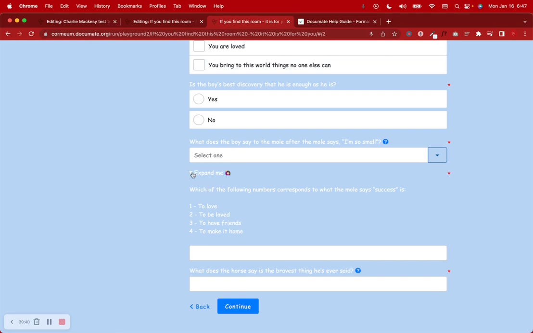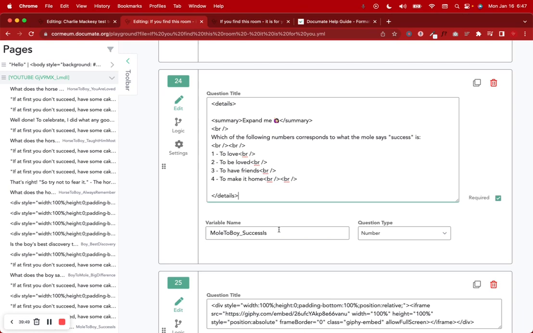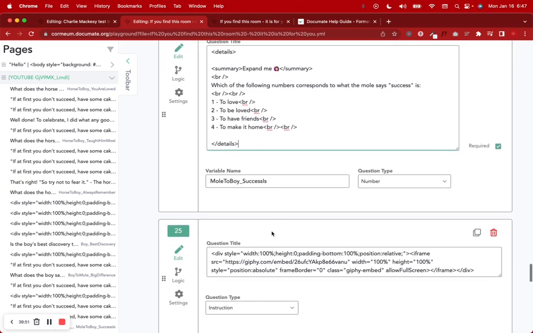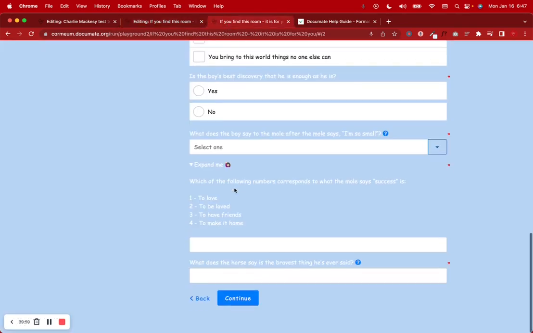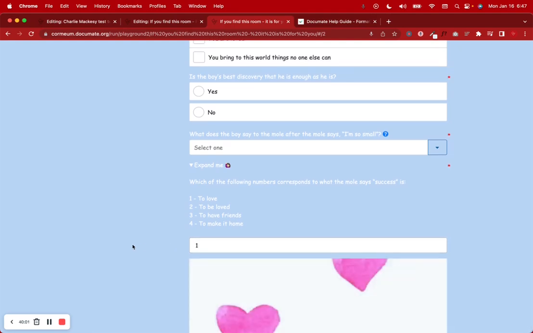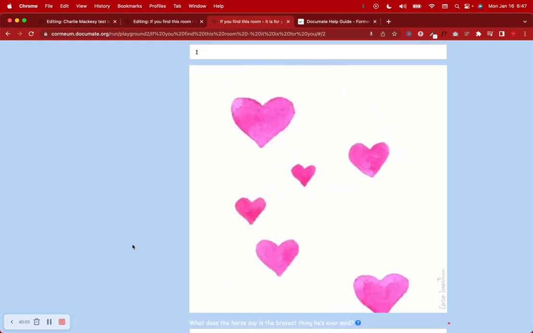So that's how I was able to get this expand me section to be part of and tied to this particular question. That's a number question. So I'm saying to the person to put in one of these 4 numbers. With that, I made it to where if someone chooses 1, that's the correct answer, and they get this